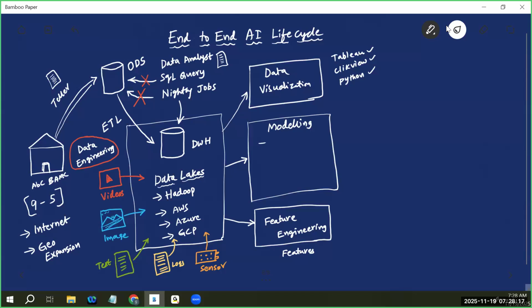So here you will be learning about supervised machine learning, supervised ML, unsupervised ML, right? Recently, there are also generative AI, and also agentic AI. All these things we will be learning, and this is part of something called modeling,